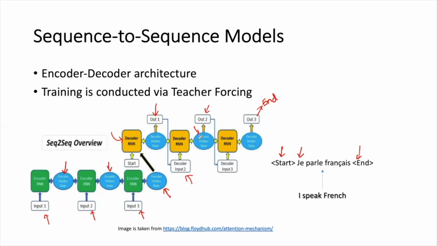Now, in terms of the training of the decoder, there's a slight difference between what happens during the training of a decoder and what happens during the inference time. During training, we have a phenomenon called teacher forcing. What this basically means is, the output word which is generated here, we have an option to pass the vector of that word that we have generated in the previous time step on to the next time step. Or